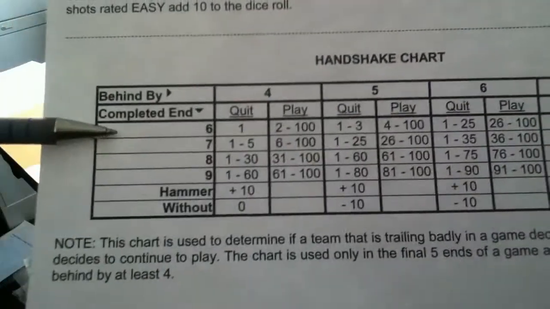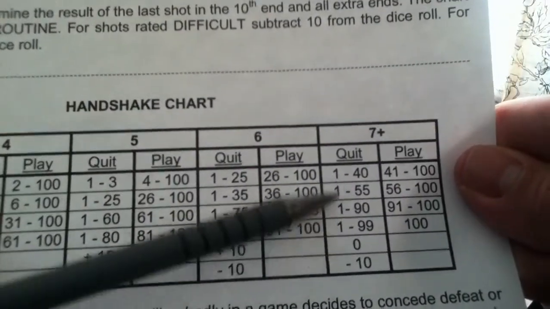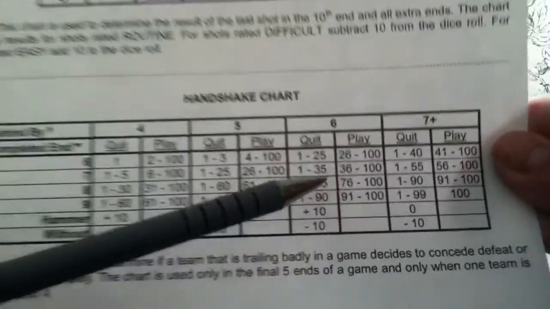Handshake chart for this game. Similar thing, behind by 4, 5, 6, 7 or more, and depending on which end you've completed. So you've completed 6 ends. They're down by more than 7. And